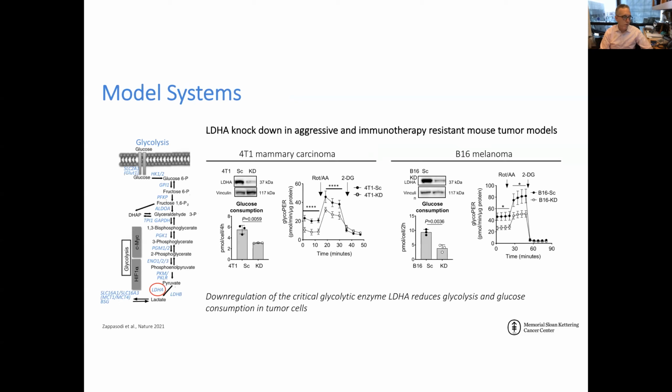Now, we generated a couple of model systems for proof of concept, and these were to selectively inhibit glycolysis in tumors and assess the response to checkpoint blockade. We knocked down the critical glycolytic enzyme, lactate dehydrogenase alpha, LDHA, in tumor cells using 4T1 and B16 as the models, using